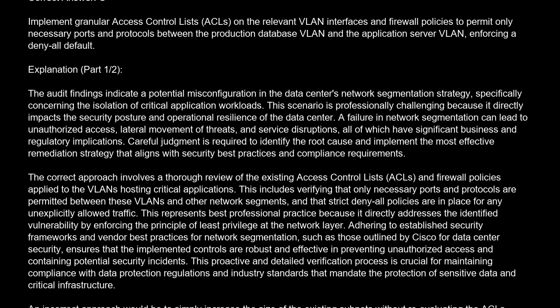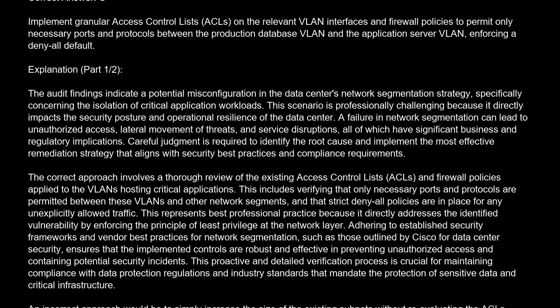Careful judgment is required to identify the root cause and implement the most effective remediation strategy that aligns with security best practices and compliance requirements. The correct approach involves a thorough review of the existing access control lists (ACLs) and firewall policies applied to the VLAN hosting critical applications. This includes verifying that only necessary ports and protocols are permitted between these VLANs and other network segments, and that strict deny-all policies are in place for any traffic not explicitly allowed. This represents best professional practice because it directly addresses the identified vulnerability by enforcing the principle of least privilege at